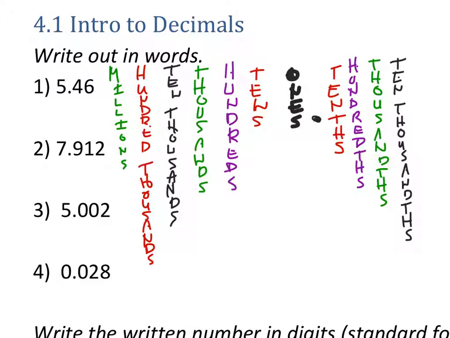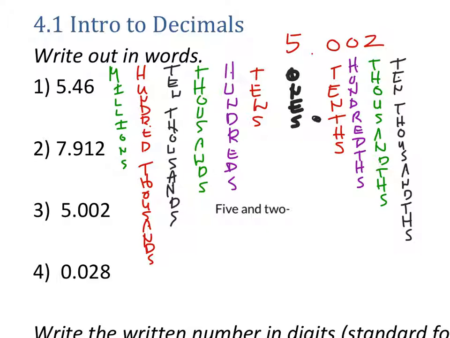So let's look at number 1, 5.002. And we just kind of, in words, put out whatever the place values are. Now, we don't say 5 and 0 tenths for these. So we would just say something like 5, and that acknowledges the decimal. And there's no tenths, there's no hundredths, there's only thousandths there. And there were 2 of them. So this would be 5 and 2